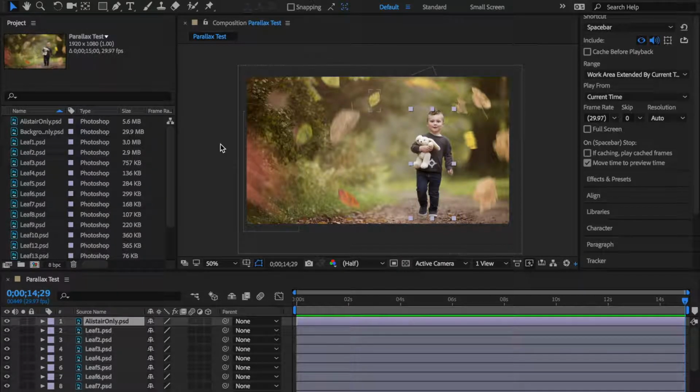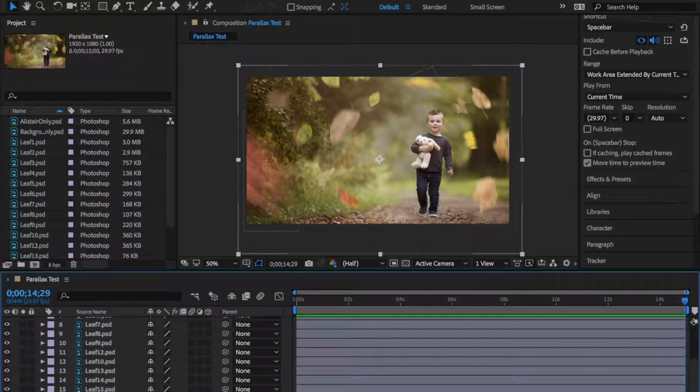Hey everyone, in the last tutorial I showed you, we worked on bringing all of our images into Adobe After Effects by loading them up here. We were able to save the project and give it the size that we wanted it. Then we dragged everything down here into layers. We organized our layers so that the little boy's on top, the leaves then follow, and the background is at